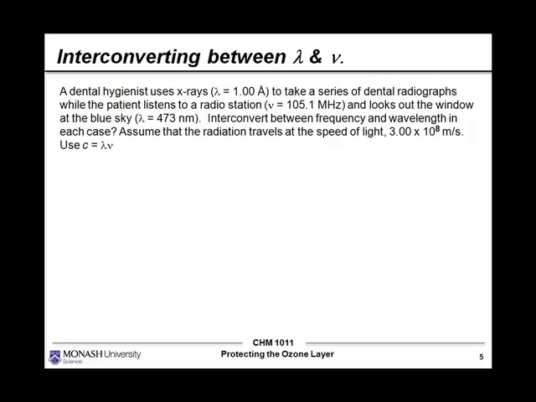Let's go through these one at a time. In the first question, we're given a wavelength, 1 angstrom. Firstly, we have to change to SI units, and the units for length, meters. So the first step that we do here is convert the wavelength to meters. You may not have heard of an angstrom before. An angstrom is 1 times 10 to the power of minus 10 meters. So to interconvert, we multiply by this factor,